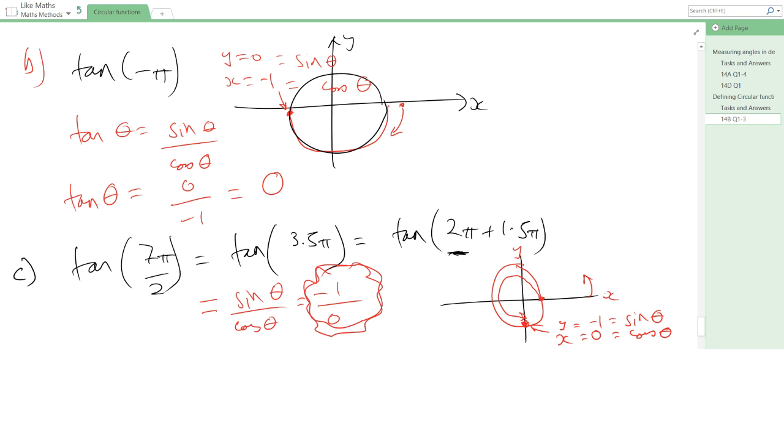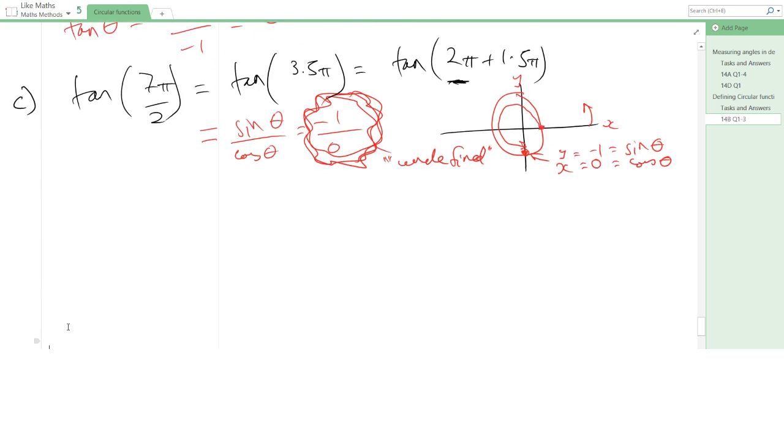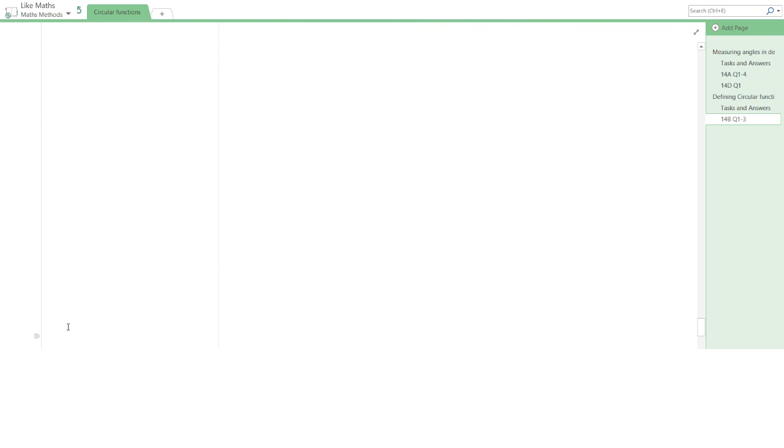warning, Will Robinson, internet crashing. You can't do that. You can't divide by 0. So you just say undefined, meaning I'm not quite sure what that is. I'm not yet at that level of maths. So no actual numeric answer for that one. Let me make a bit of space. And D